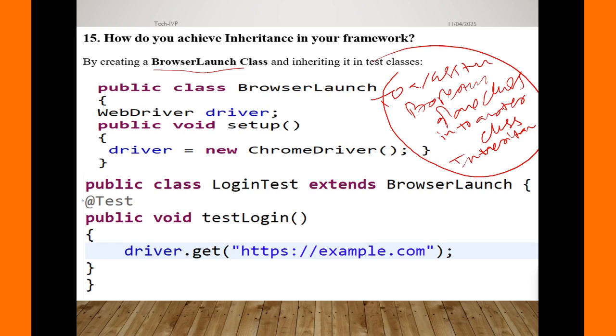Okay. So in your automation framework, how can you achieve this? Firstly, you have to create a browser launch class. Then in this you have to write the method to launch your browser: WebDriver equal to new ChromeDriver. You can also use System.setProperty, or you can use WebDriverManager. Then you can extend this class in your test class. This one is your browser launch class, and you have to extend this one and directly